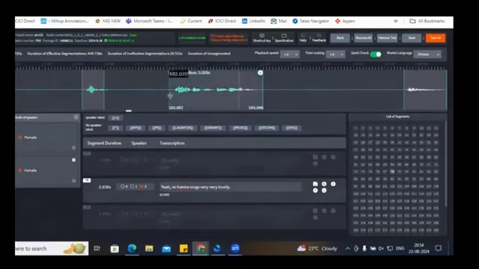Now, whenever we create a segment, it should have some dead air or some pause at the beginning and at the end. For example, the real voice started from here, so your segment should not start from here itself. You must give a little bit of dead air or pause first, and then your segment should start. The same thing applies at the end: where your audio ends, give just a little bit of pause at the end as well. We'll see some examples, and you will come to know.